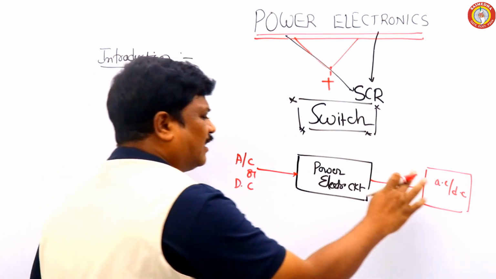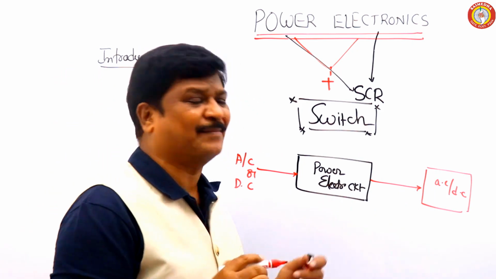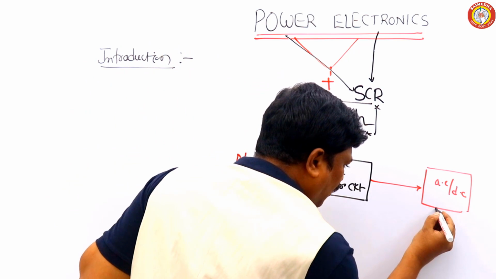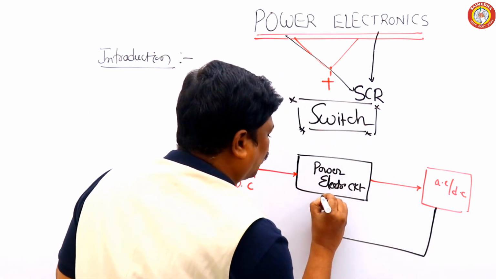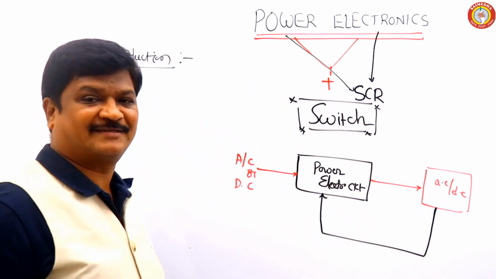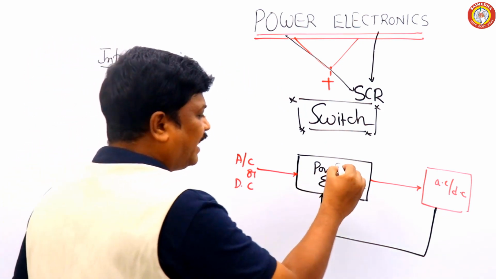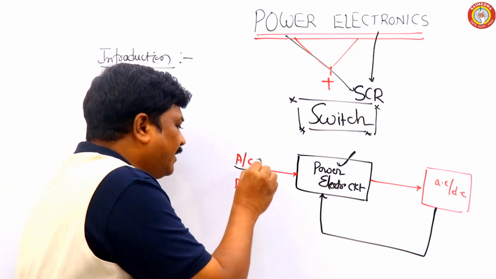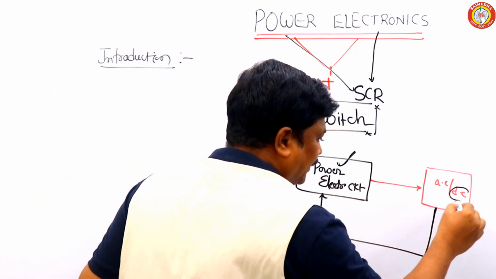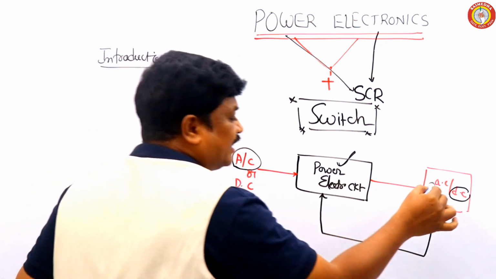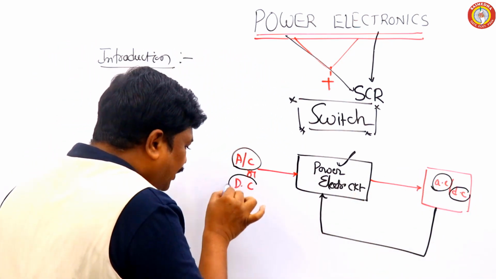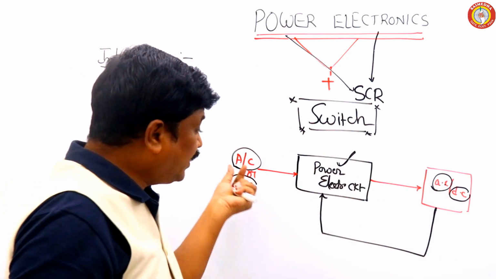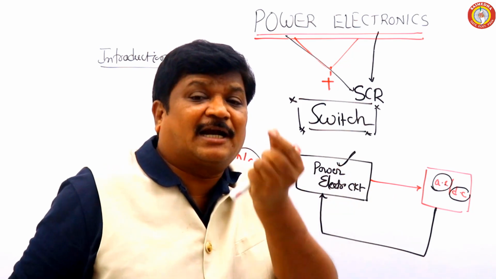I am using a capital letter here, a small letter there. That will not create any difference. I am just writing like that. And this output is connected to your control circuit for controlling purposes. So this is what our subject deals with, power electronics. If the input is AC, the output is DC. If the input is AC, the output is also AC. If the input is DC, the output is DC or AC. Whatever you want, you can get, and it is transferred in an efficient and controllable manner.